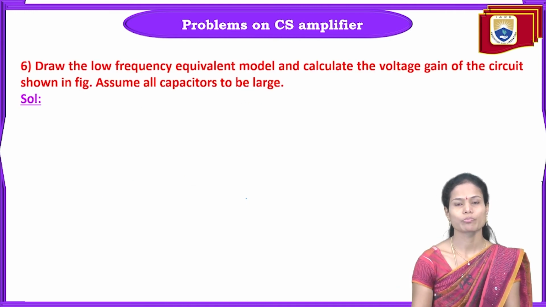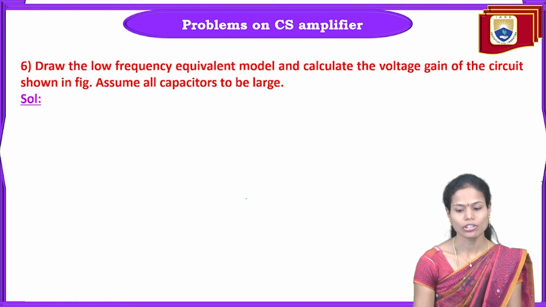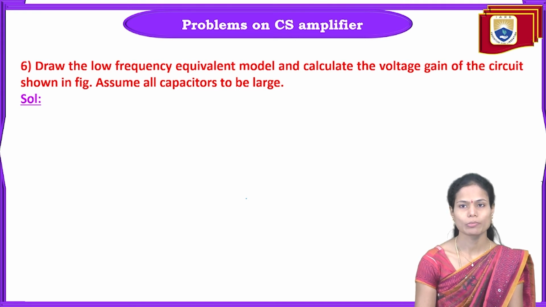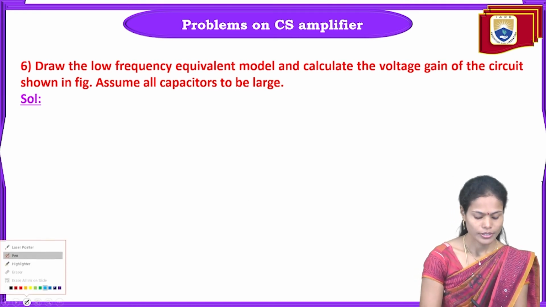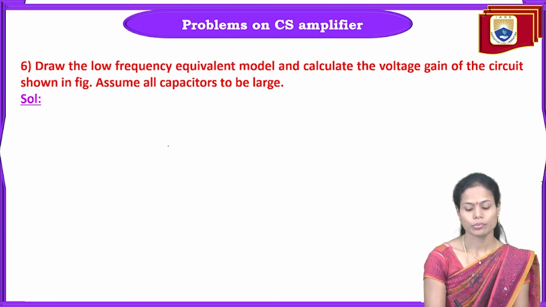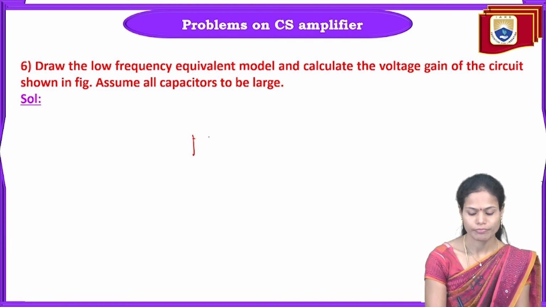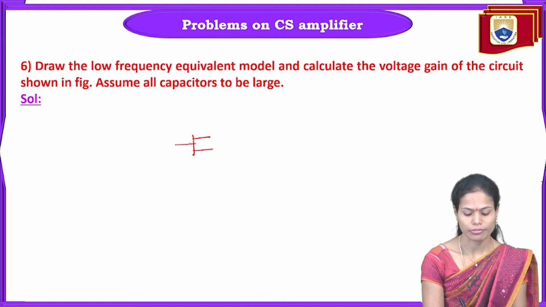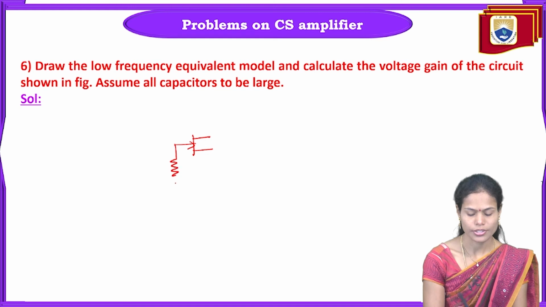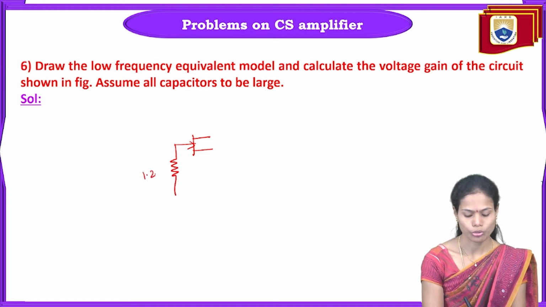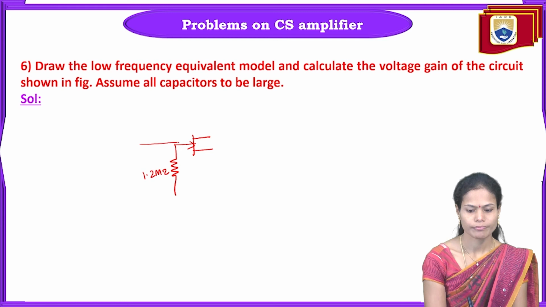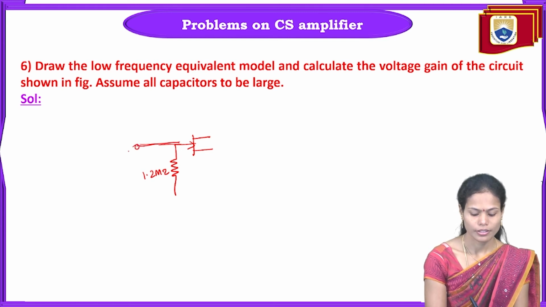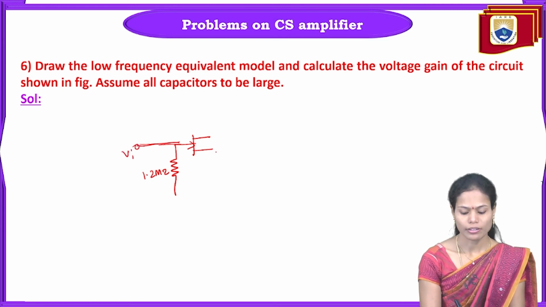And while coming to the next problem, draw the low frequency equivalent model and calculate the voltage gain of the circuit shown in figure. Assume all capacitors to be large. So here the circuit is given in the problem itself, that is FET amplifier, common source amplifier with gate resistance RG 1.2 mega ohms, and here input voltage is given, and also the